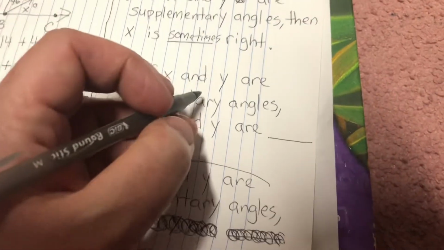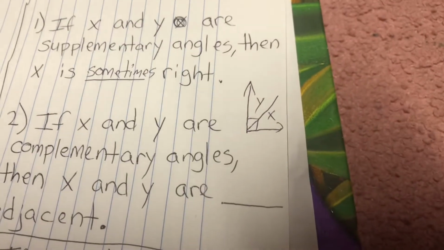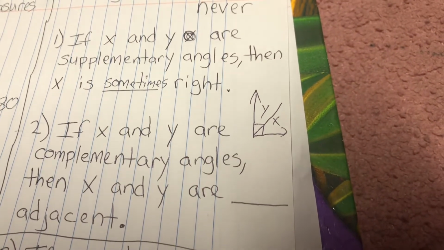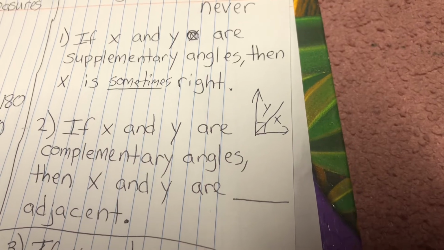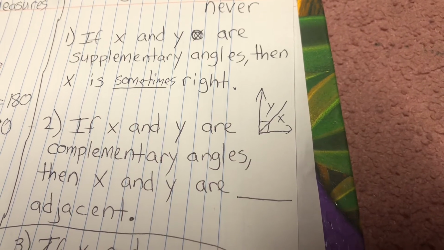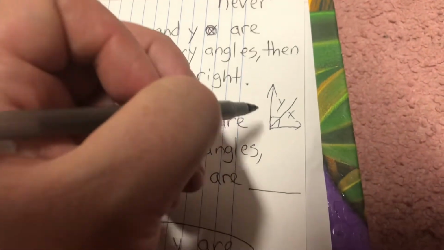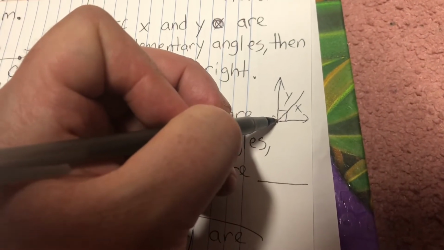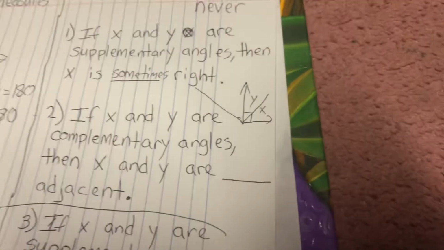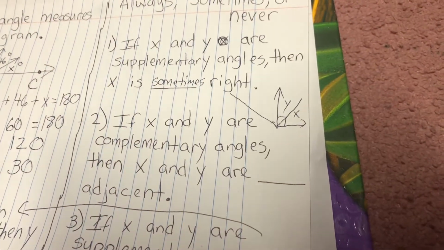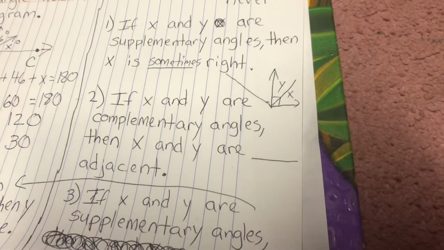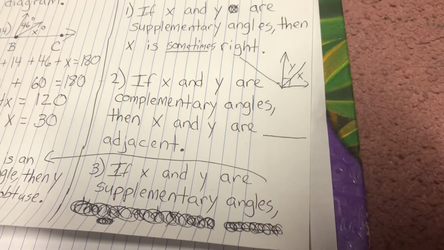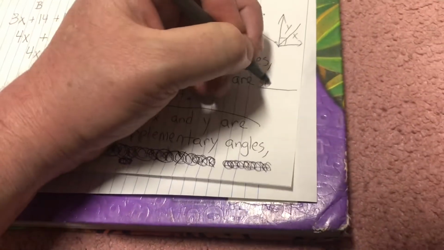Now, if they're complementary angles, they could be right angles, okay? Like that. There's the right angle, and then we have angle x and angle y. But it wouldn't necessarily have to be like that, okay? Because obviously, you could have x and y where it comes out here, and you could be talking about two angles that aren't adjacent with each other, but it could be this way. So if x and y are complementary angles, then x and y are sometimes